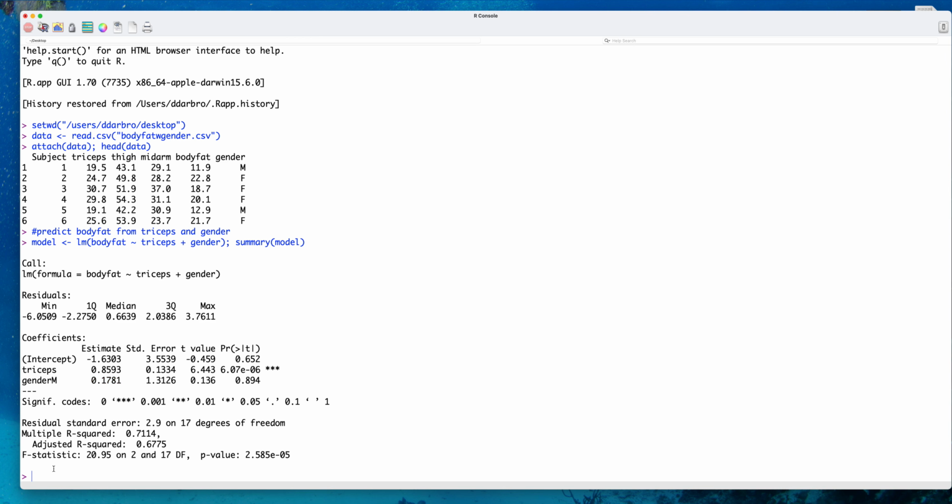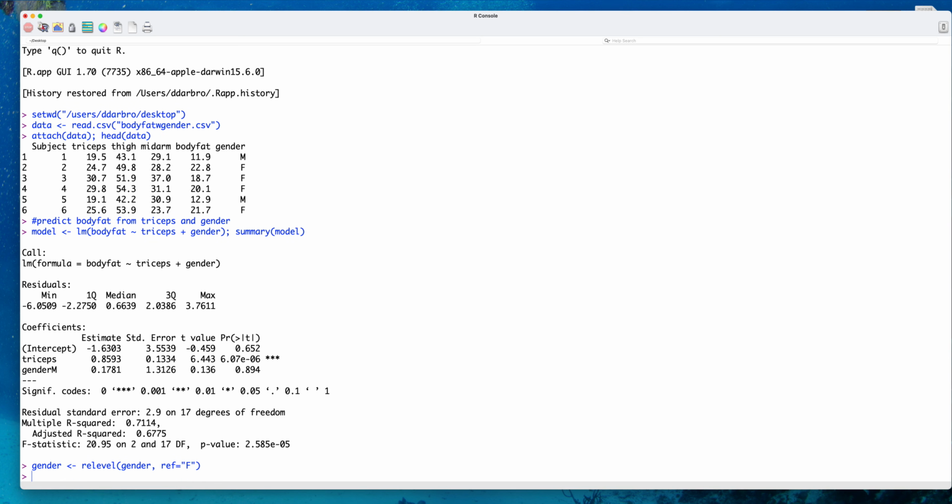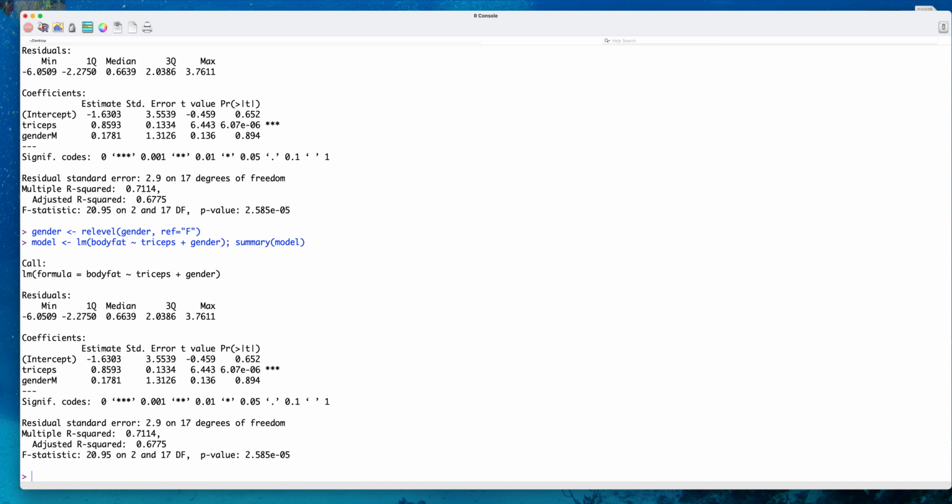Now, that's fine and dandy if I want to compare male to female, but what if I want female to be my base group? Well, I can easily do that just by changing the reference. I do that by restating gender, and I can just re-level it where I want my reference to be F's instead of M's. All right, so now when I run my model, notice that